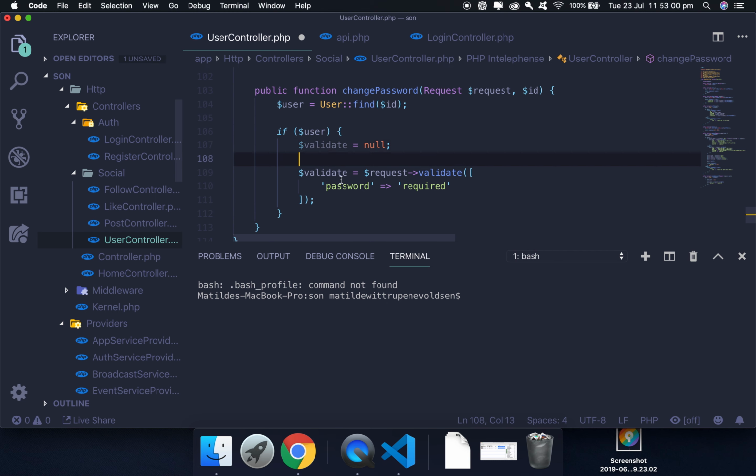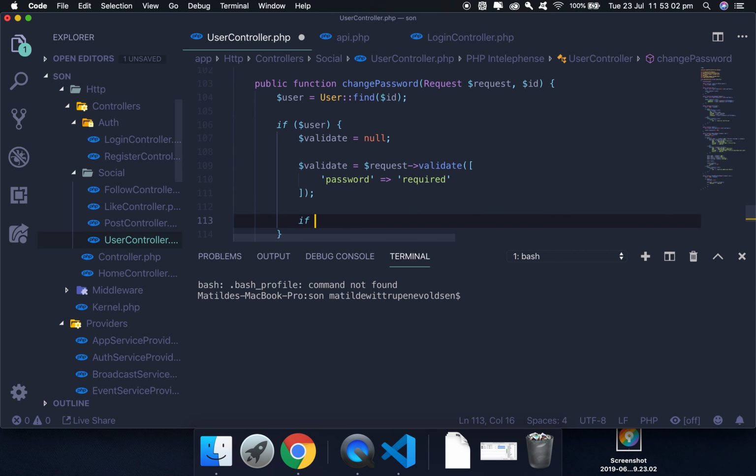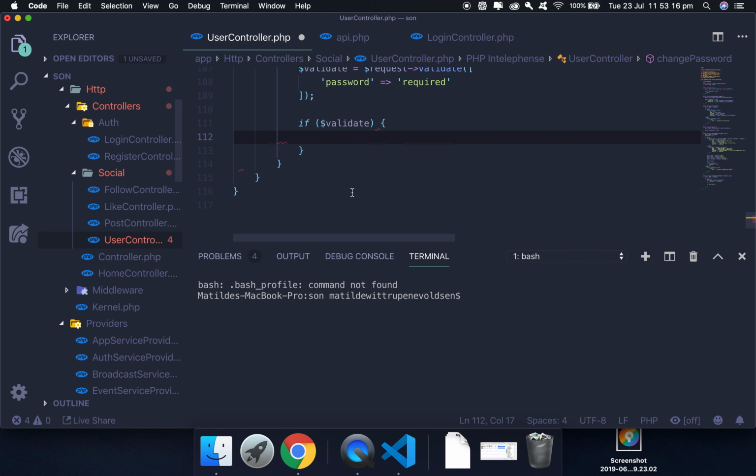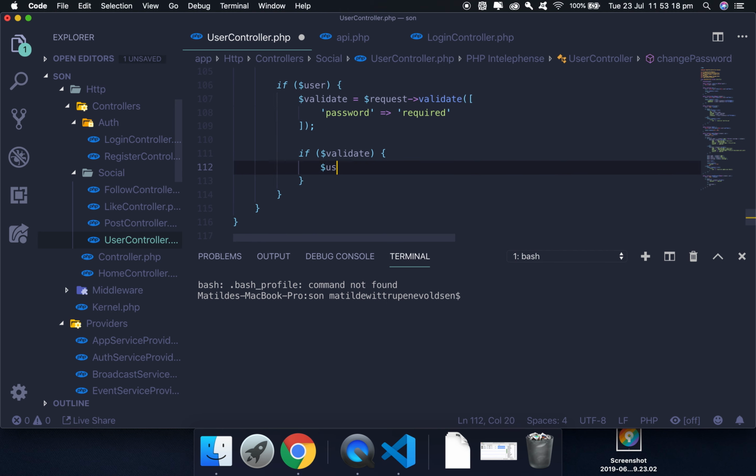So what we want to do now is say if validate, or we can actually just, sorry about that, we can actually just do it like this. So if validate, and then we want to say user password is going to be equal to hash make user request